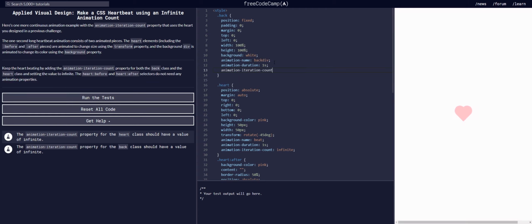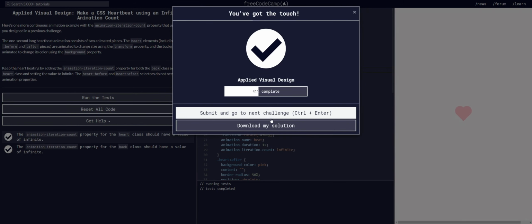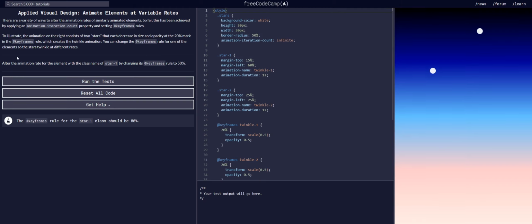Animation iteration. This one will have infinite as well. Don't know what is so cool about that. So to illustrate animation,